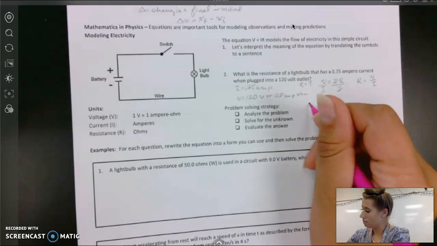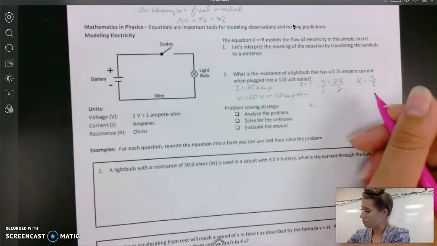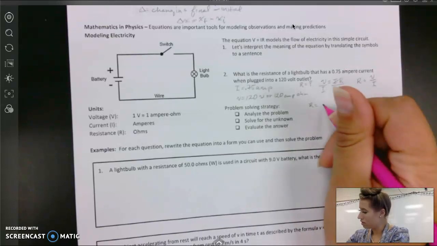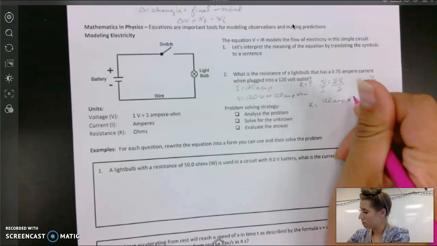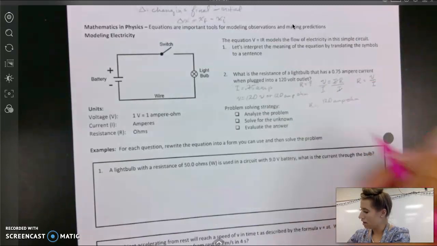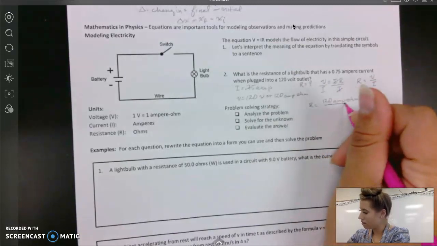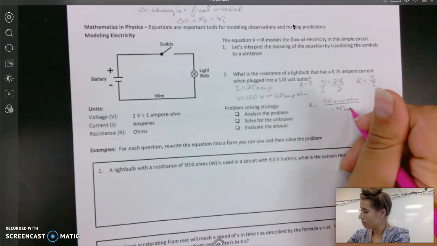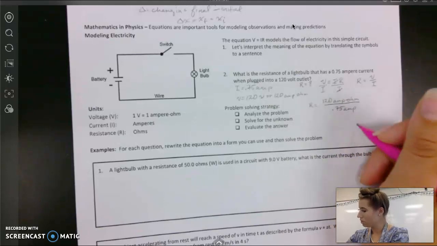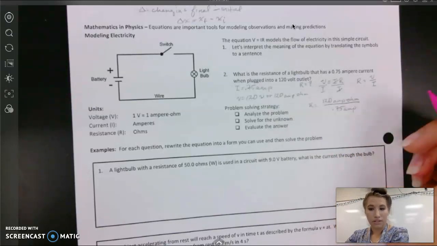So R is equal to V, which is 120 amp ohms, and we're dividing that by I, which is 0.75 amps. Okay, plug that into your calculator,